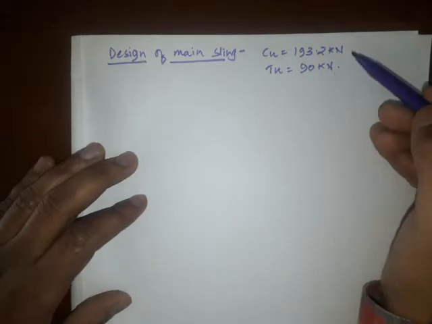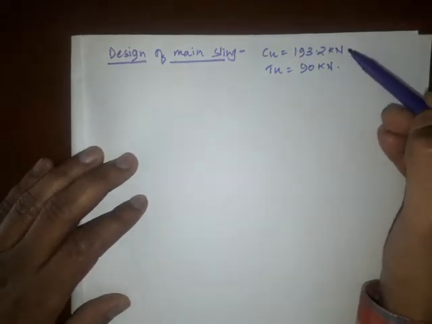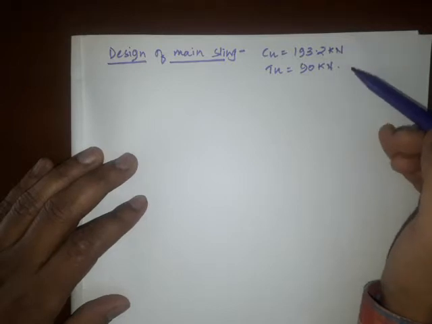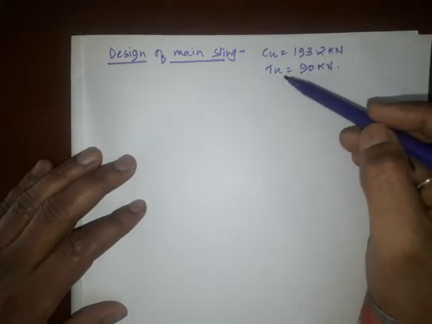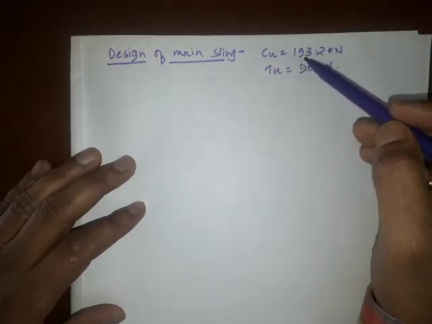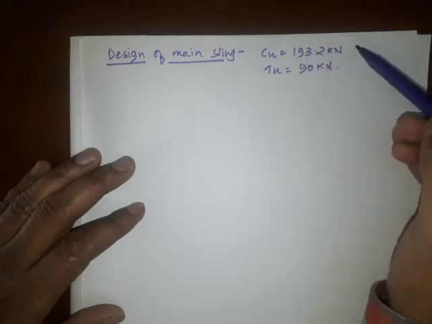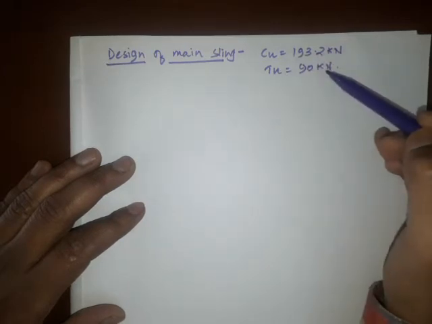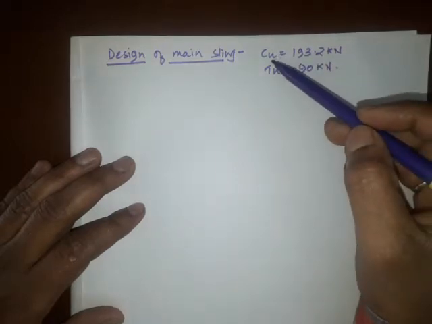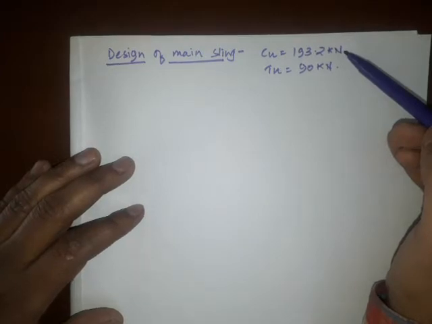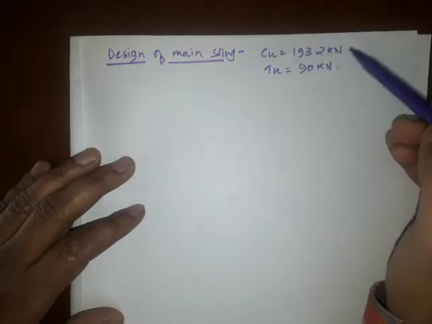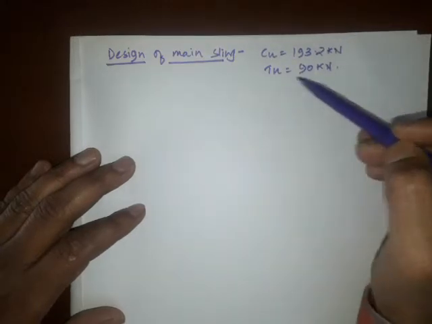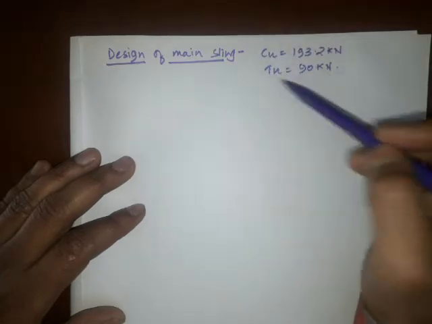So now what you have to do, again you have to follow the same procedure here. First you have to find out which force is maximum. Then after that you have to design for that particular force, and you have to check back again with the other force. Okay. So here the maximum force is compression, and next we have the tension force. So first of all you have to design for compression force, and later you have to do the connection design, and after connection design the same member that you have selected should be safe to carry the tensile force also. Okay. Now we will follow the procedure.